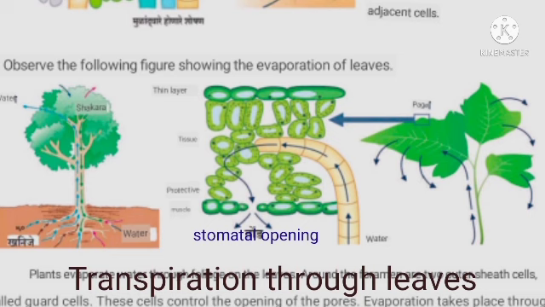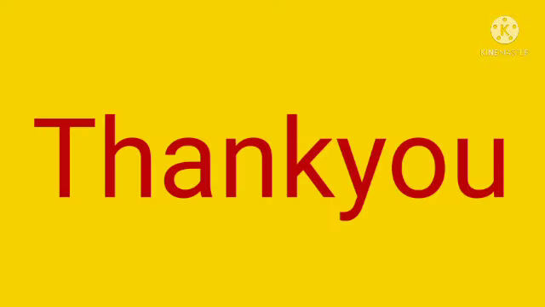Water is brought up to the leaves through the xylem so as to compensate for the loss of water. Transpiration helps in absorption of water and minerals and distribution to all parts of the plant. You can try this experiment at home. Take a pot with any plant, cover it with plastic, and then leave it as it is for 2 days.